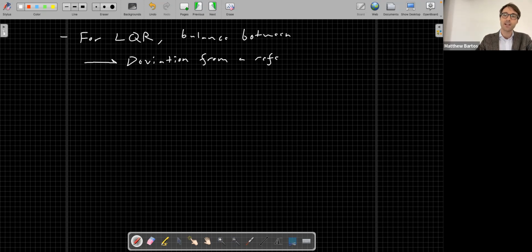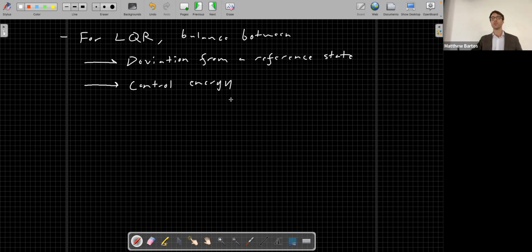So we're trying to track a reference as closely as possible, and we're also going to balance that with control energy input. We'll find that there's a trade-off between these two. We can often make a system track a reference really well, but it might take a lot of actuator authority or control energy to achieve that task. So in LQR, we're going to be balancing between tracking a reference and the control energy that we're inputting